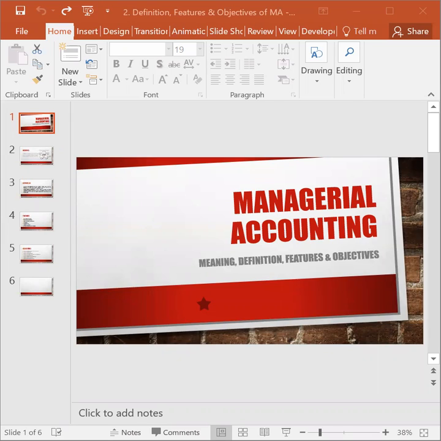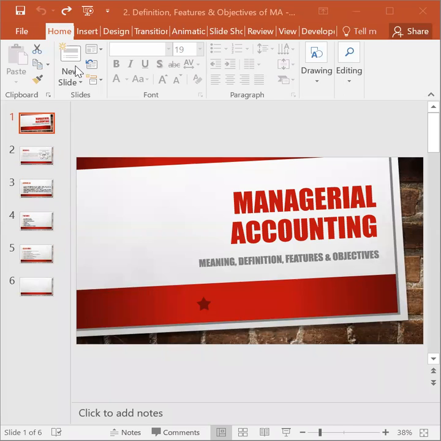It is historical in nature, right? It provides information about the concern as a whole. When it comes to financial accounting, the cost control was not possible. Whatever cost is incurred, that is recorded. The quantitative information is recorded, right? And there was a problem of window dressing. Window dressing means showing the profits even though they are not. In fact, the company would be in losses, but they will try to show as if they are in profits.